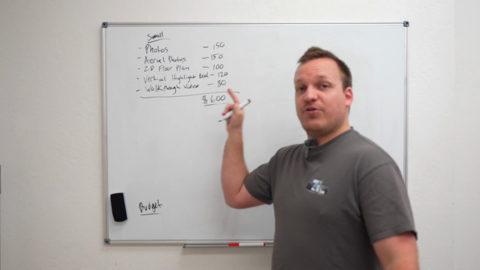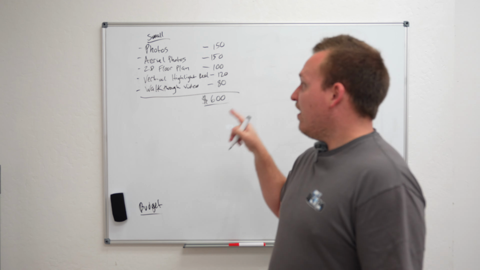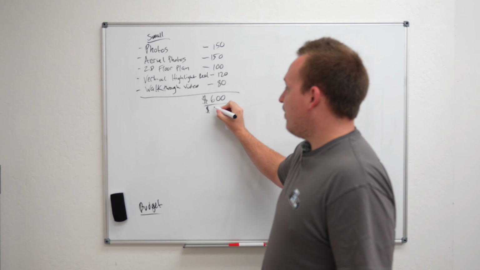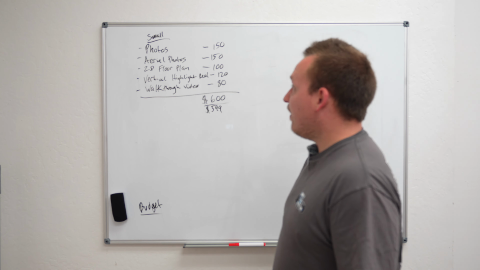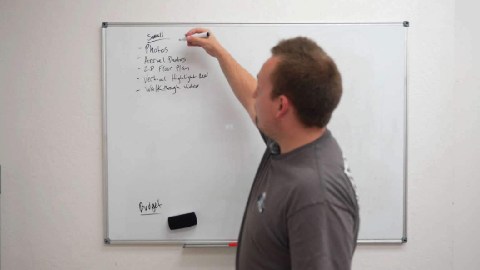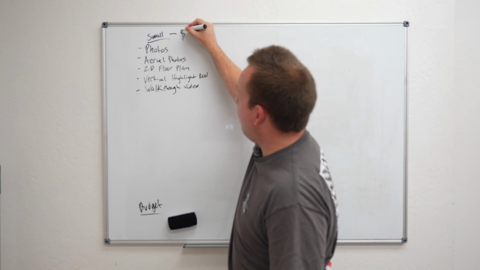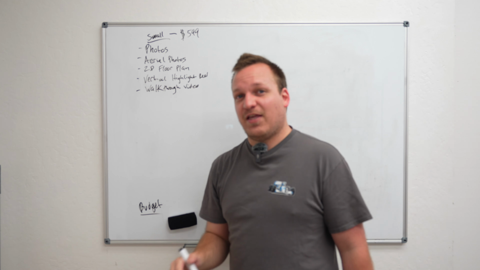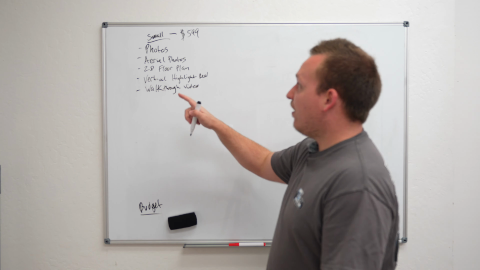And you might be tempted to do whole numbers like this, and you totally can, but there's some psychological things at play, so I would like to drop this down to $599. So what are we gonna do with this information? Well, we're gonna have our total price for this first bundle be $599. And if you wanted to, you could lower that to something like $549,